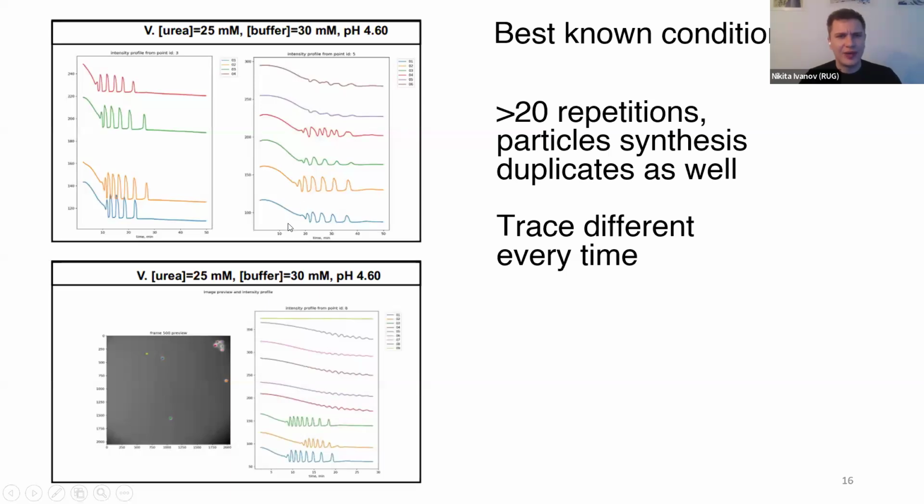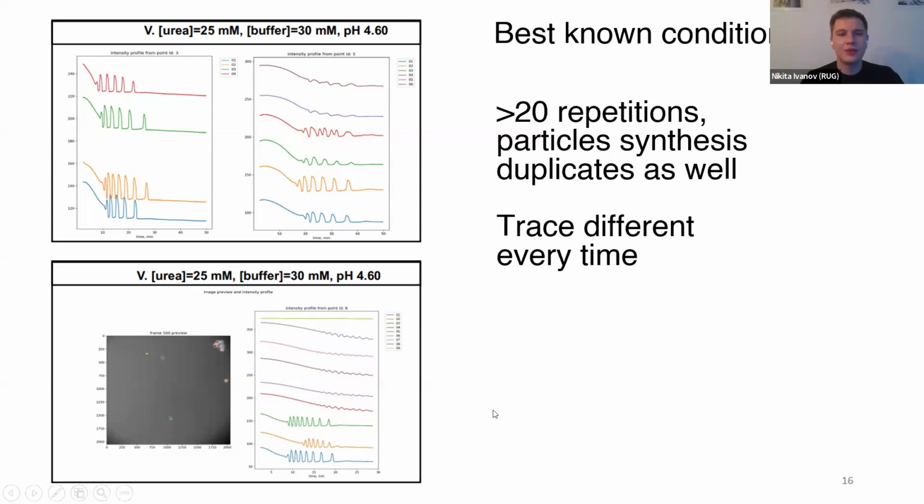In cases I will show later, they're just absent. Basically, the most wonderful thing to me is that it also reproduces when we resynthesize the particles. So in this sense, we can reproduce them, but we can never reproduce a trace. The trace, in fact, is different every time. So trying to understand the conditions in which the oscillations would happen, I wouldn't mind, for example, if they were all like this green, nice curve, longer, more reproducible.